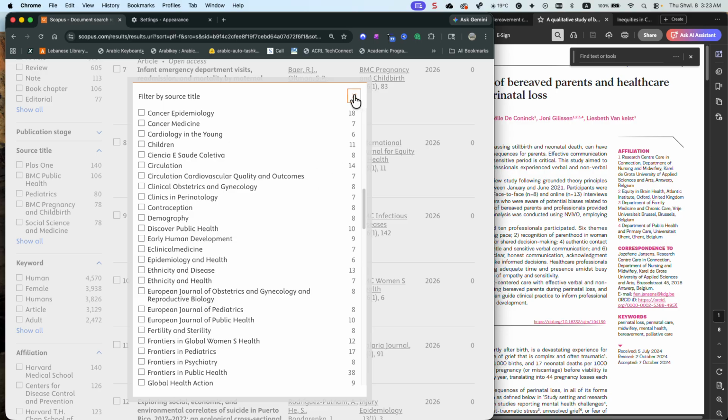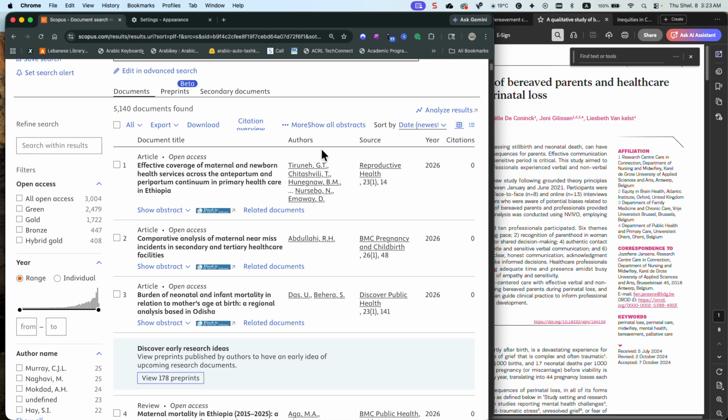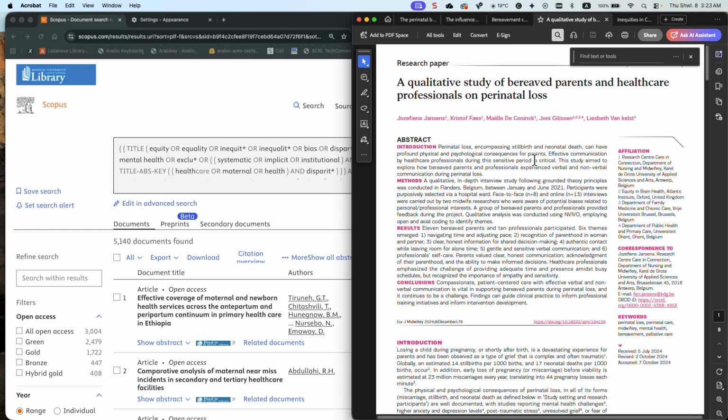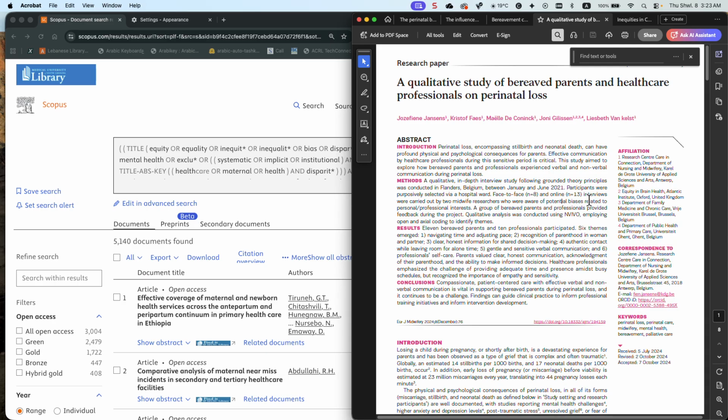One, because I know what you're thinking, you could be thinking, well, if that article is not showing up, what other articles about inequities are not showing up? Because clearly this article is about bias and inequities, and they're just not naming it. They even have biases related in the title. So